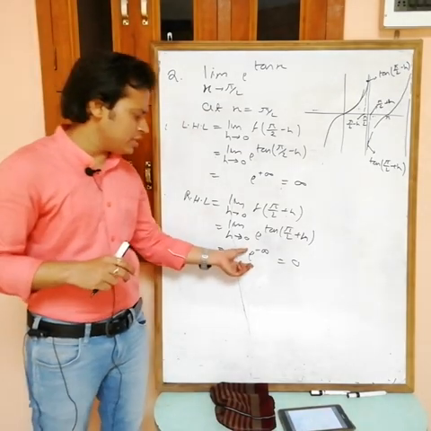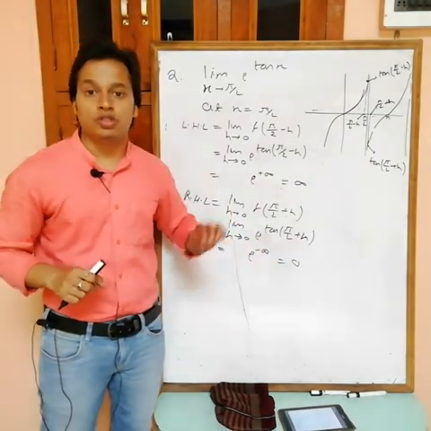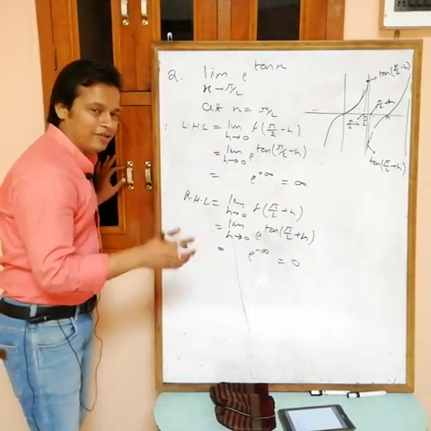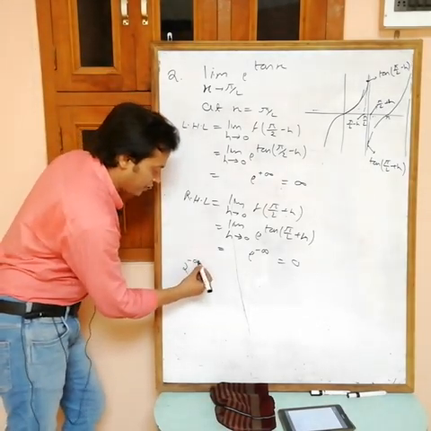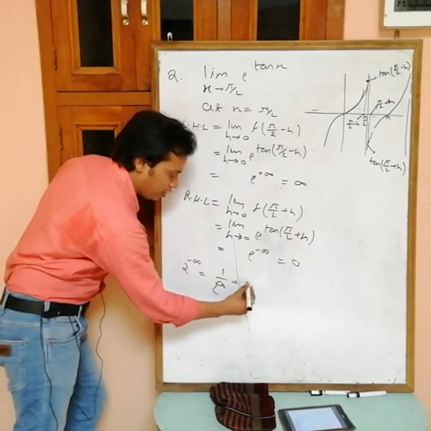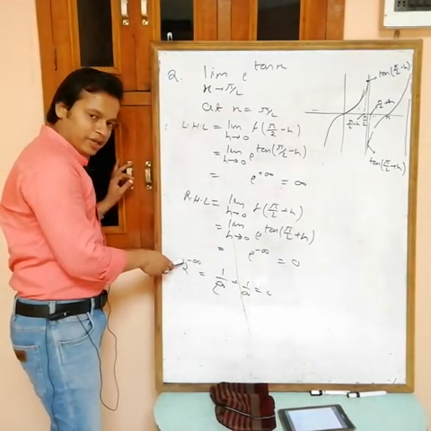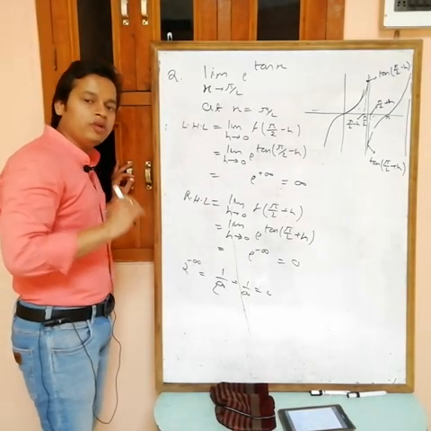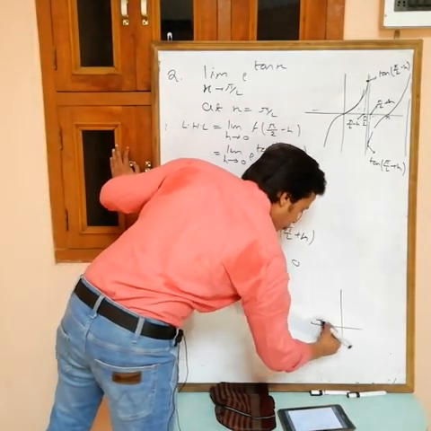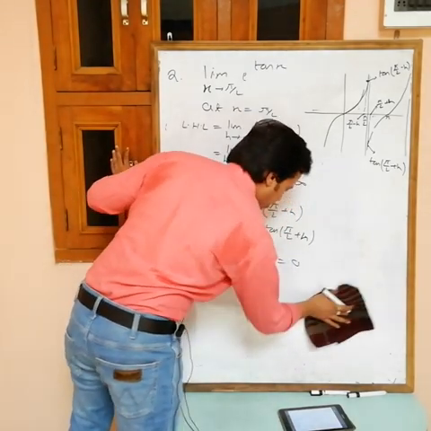Remember, anytime if this number is greater than 1 and your power equals minus infinity, then the value always equals 0. Now you can ask how? Simple, that is done in 11th also. But see, if you have 2 power minus infinity, now this is easy to understand, then I can write 1 by 2 power infinity. 2 power infinity is infinity, then what are you getting? 0. So if you have any value greater than 1 and the power equals minus infinity, then the value is always equal to 0. Okay, also I have another reason. This is the graph of the exponential. Now see, at minus infinity what do we have? 0. Okay, simple.